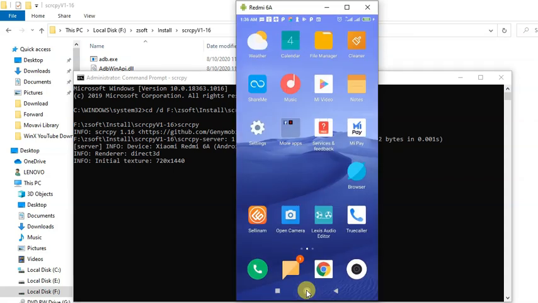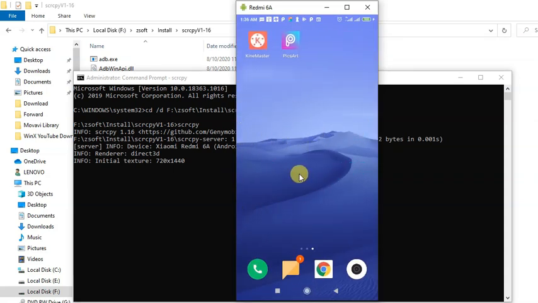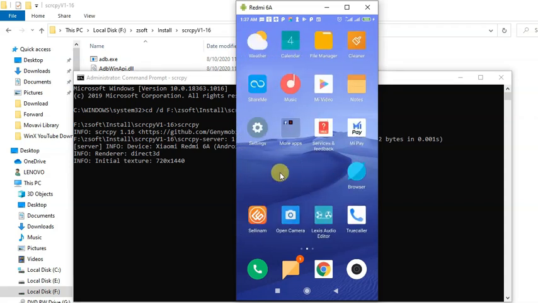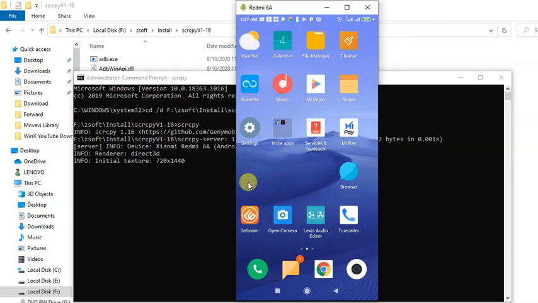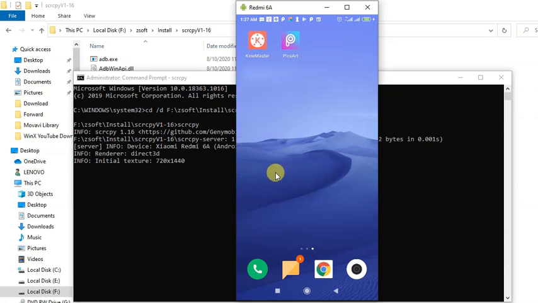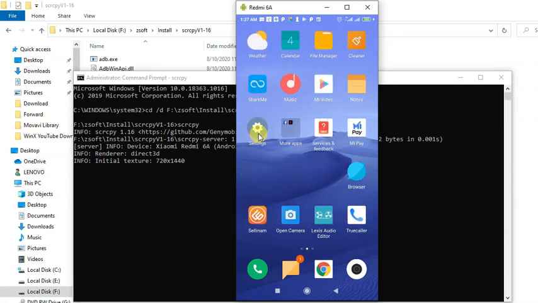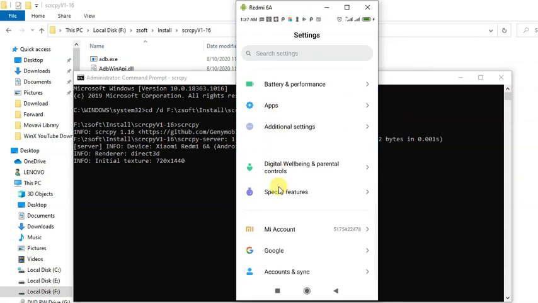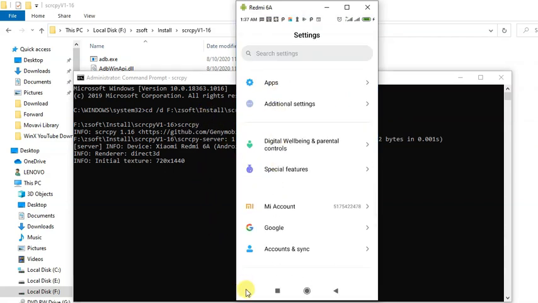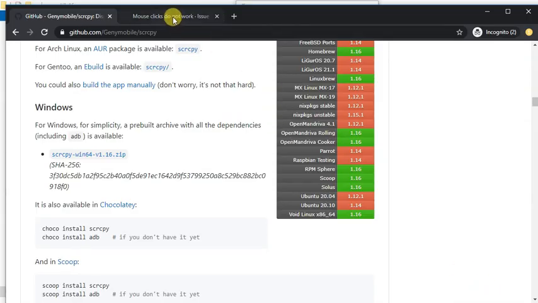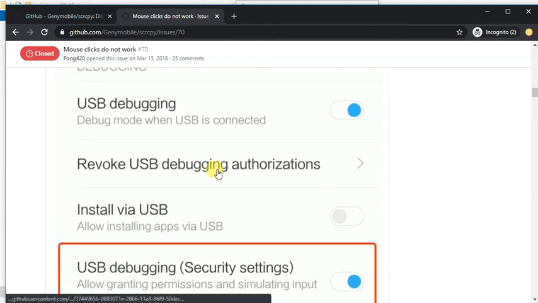When you have done that, you can navigate your Android screen using the Windows screen and mouse and things like that. Currently I'm using my mouse to navigate my mobile. Few older version Android mobiles, particularly the Mi mobile which I am currently using, the Redmi 6A, could not use the mouse keys.